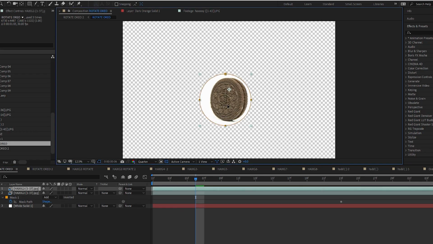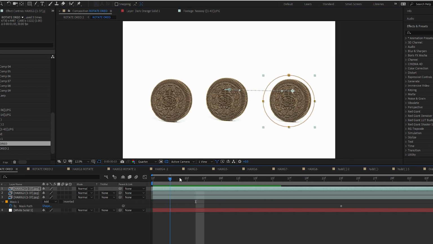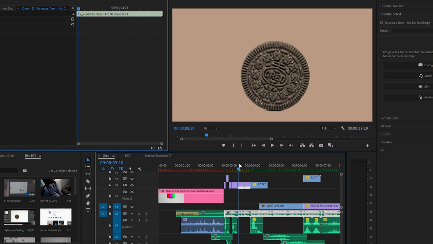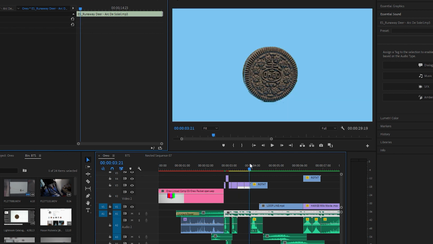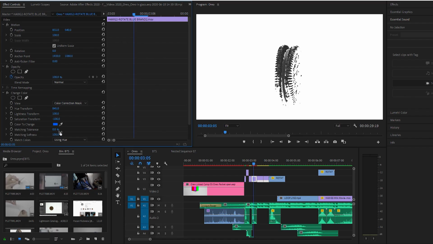I flipped the Oreo sequence so that I could get a better perspective and I could get some randomness while the Oreos were spinning. The background color changing was actually a bit of a difficult point for me because I shot all of that on a white background and a blue background. Keying out was not possible, so I tried to do a rough mask